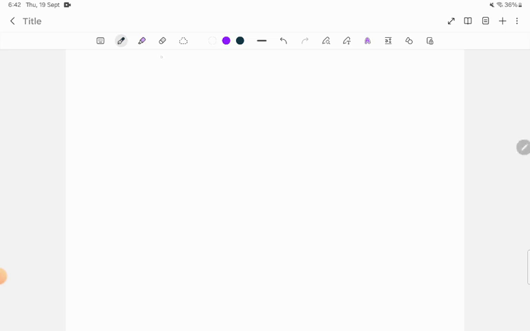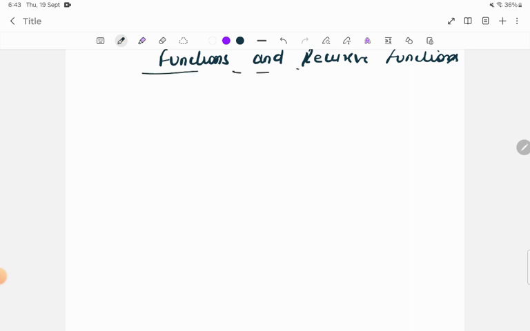Okay, so today we are going to discuss functions and recursive functions. We can also discuss the type of MCQ questions we are going to expect in the exam. Okay, so what is a function? A function is a block of code that is going to perform a specific task. Okay, so you can say a function is a block of code that is